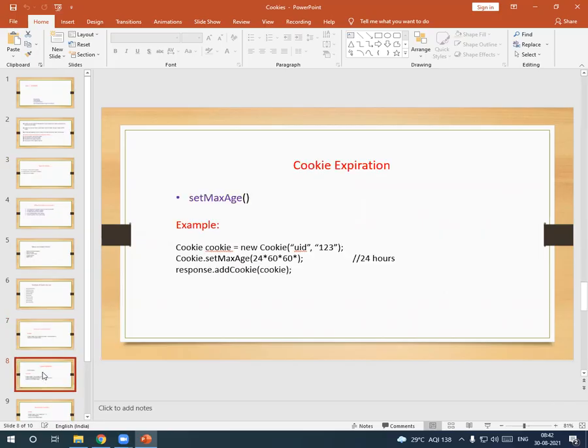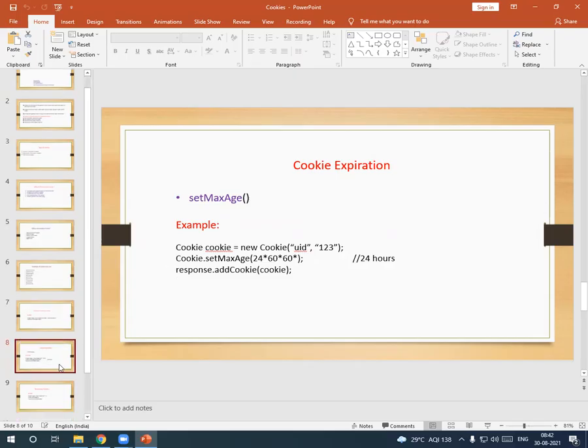And to set the maximum age, how long the cookie will be valid, in seconds, that is c.setMaxAge and the time to set, meaning 60*60*24, or any time, that is the period till the cookie will be valid. And send the cookie into the HTTP response. HTTP response is used to pass additional information about the response itself. That is response.addCookie, the cookie name, c1.